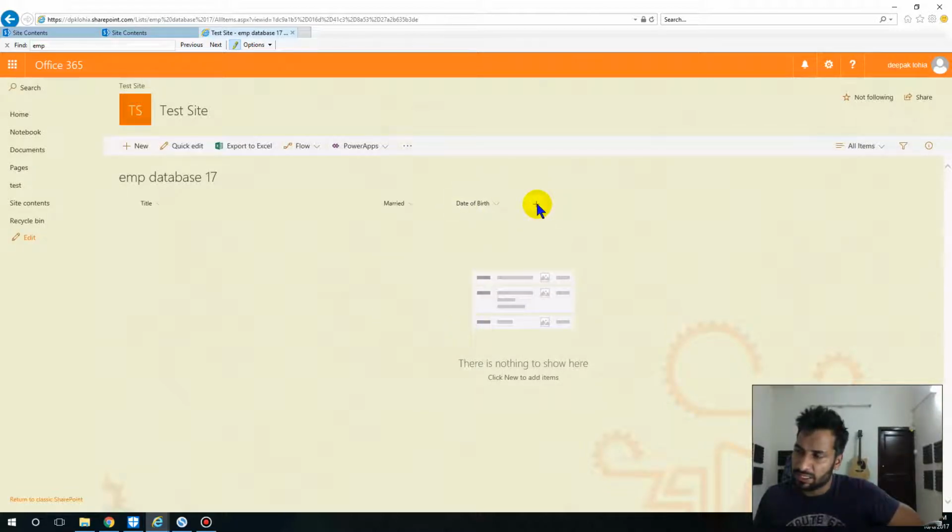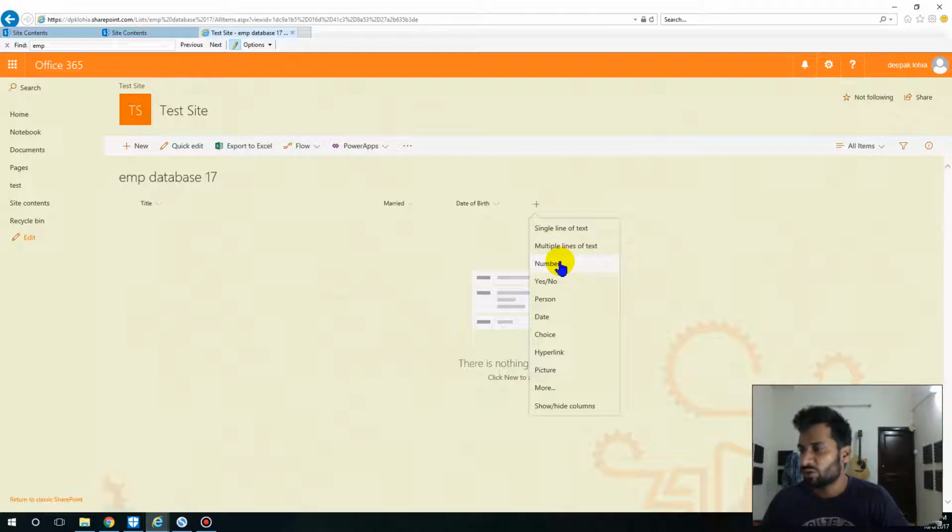Let me click on this again and I want to just show you some fields over here. You can add a single line of text. You can have multiple lines of text in case you want to have a paragraph. Then you can have number if you want some integers to be added, and then you have option yes or no. You can add a person. Person is like you want to enter the person's manager name, he'll get a dialog box and he can enter that as well. Then choice, in choice you can have your number of choices. For example, you want to create a customized choice